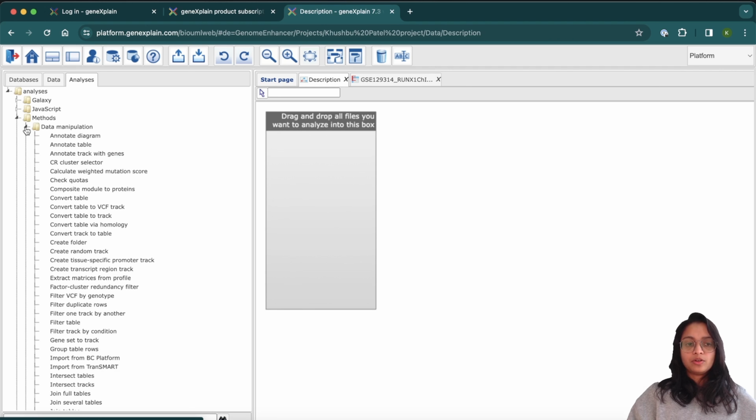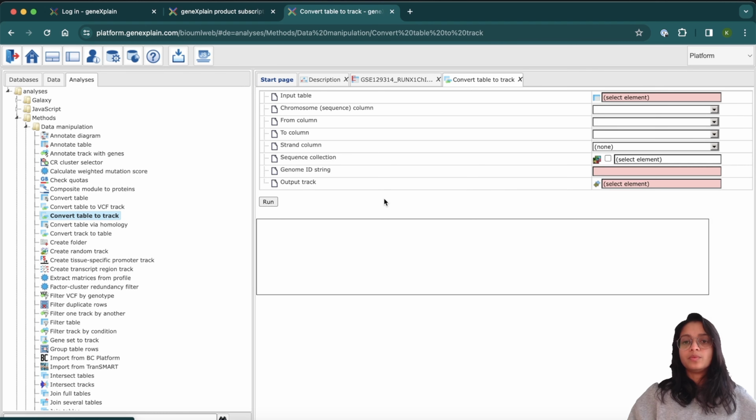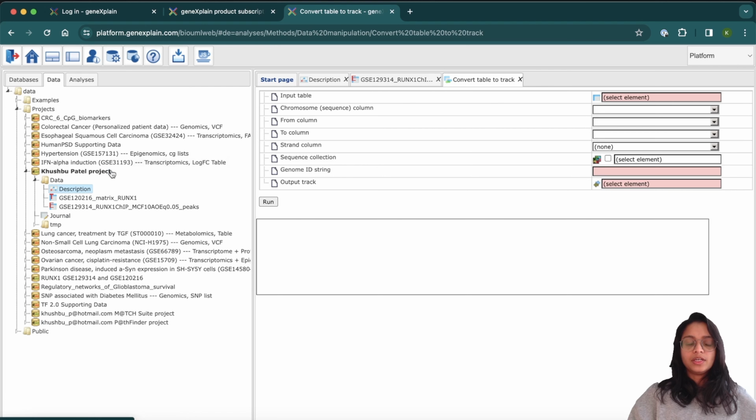We go under data manipulation, and here we will be able to find a utility which will convert the table to track. Essentially, this is the utility that we will want to use to convert the peak table into a track format. So let us go back to the data tab, and here we drag our input table here